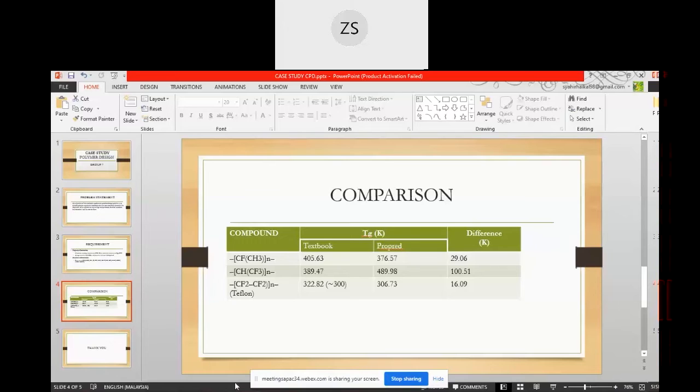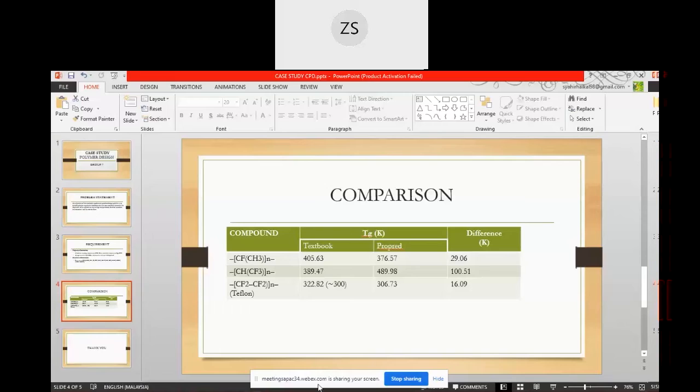However, the value of Tg produced by the ProPred is different from the given value in the textbook. For example, like CF2, in the textbook, it states that it is 322.82 Kelvin. However, in the ProPred, we just ran it and we get 306.73. So it has a difference of 16.09.